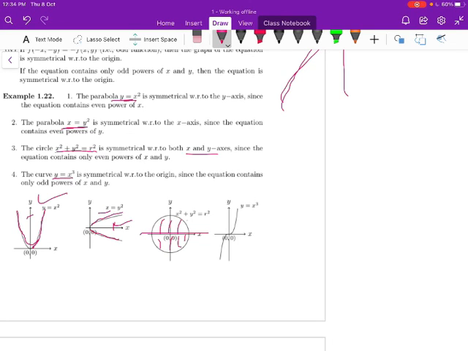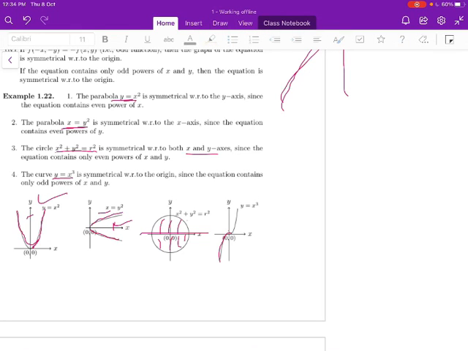Y is equal to x cube. This equation has odd powers of y as well as odd powers of x. So this curve is symmetric about the origin here. So this is the concept of